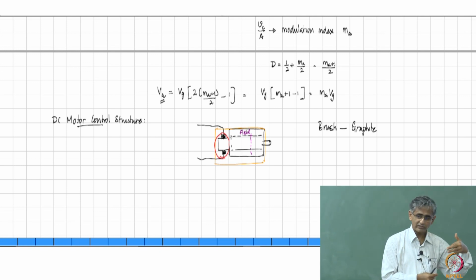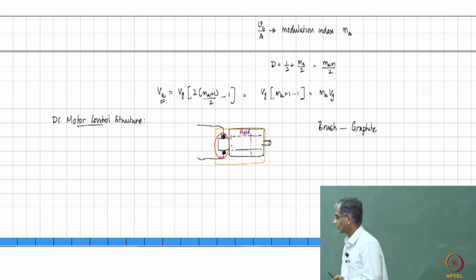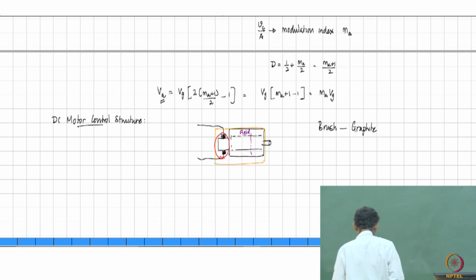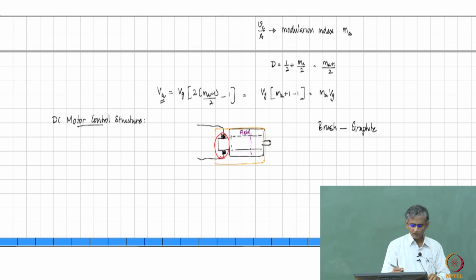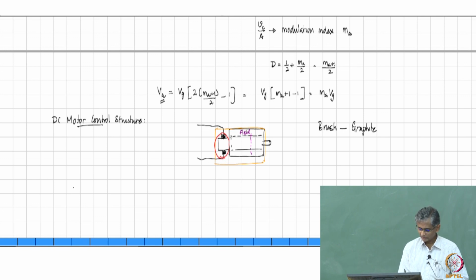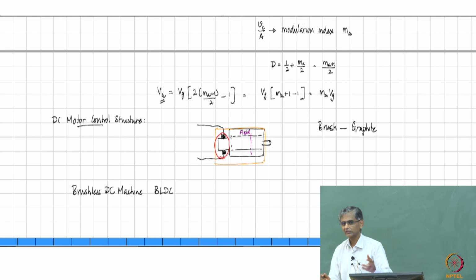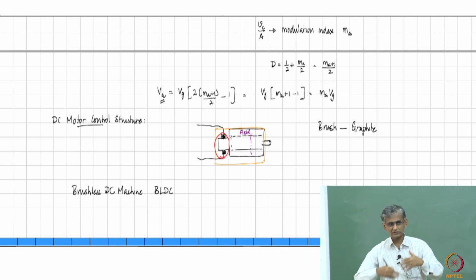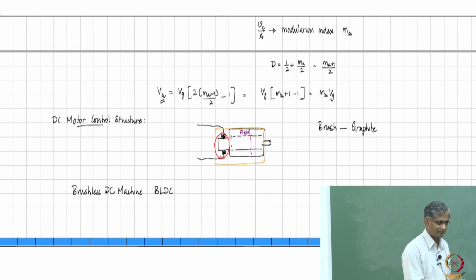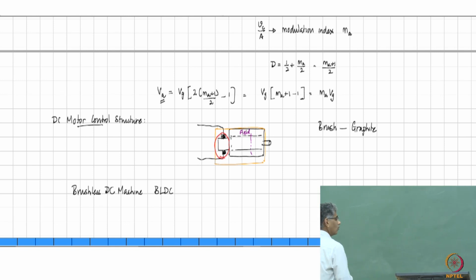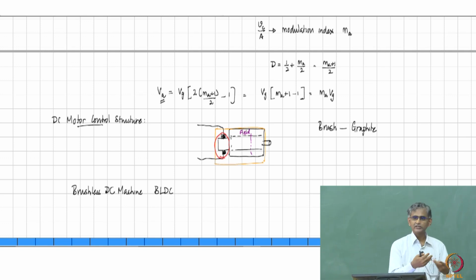There are other machines which now substitute DC machines, which we will see in a little bit of detail as we go along. So the next best machine is called a brushless DC machine, or a BLDC machine, which obviously means the brushes are no longer there, right? Which is the main drawback with the case of DC machine, right? So what happens if you have a brushless DC machine and how does one operate that? We'll see in the next class.